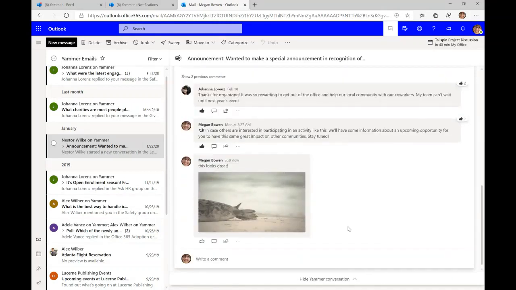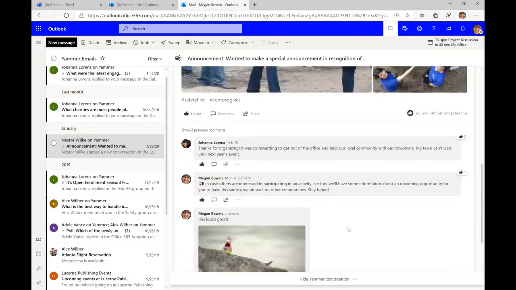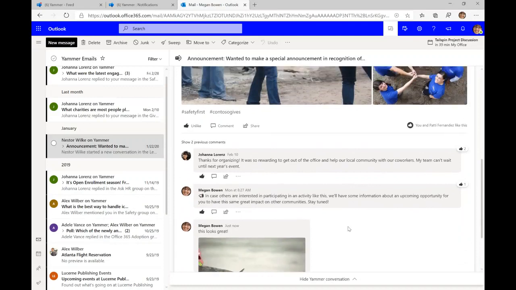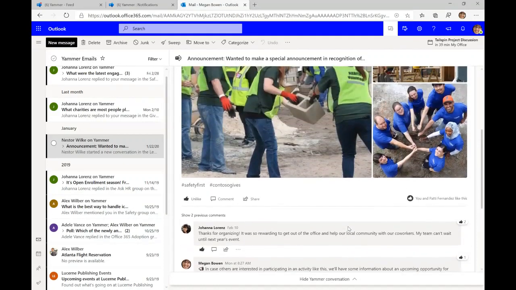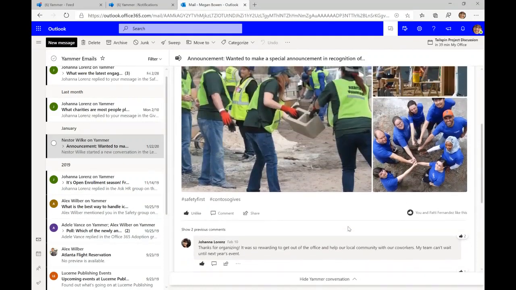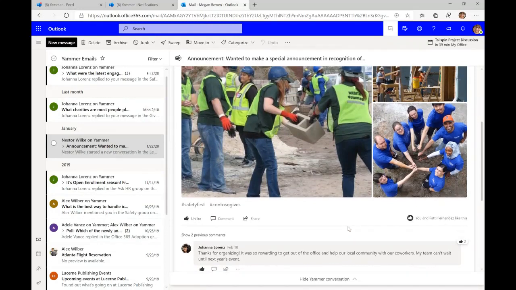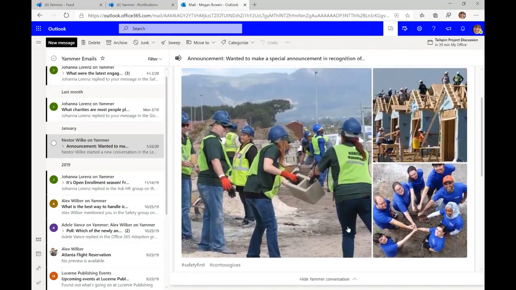So this is how simple it is now for you to be able to engage openly and inclusively with a company-wide announcement that is happening inside Yammer. And now that you have your notifications switched on, you will receive emails for those, and you can engage and interact with those announcements and other types of posts right from within Outlook on the web.